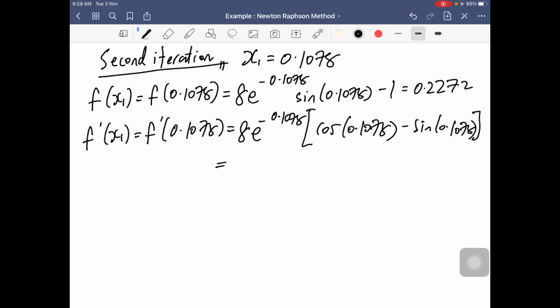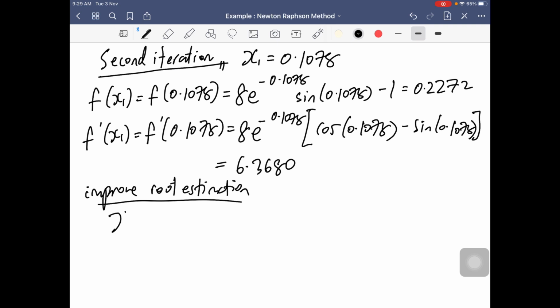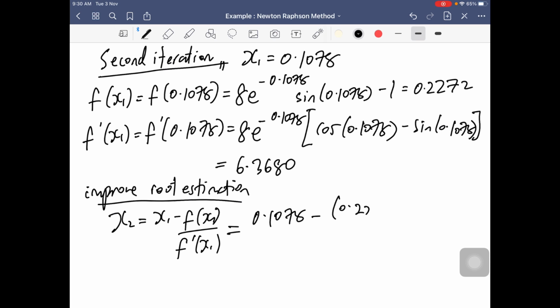Alright, so if you use your calculator, you should get 6.3680. Okay, now we improve our root estimation. The formula is x2 equals x1 minus f(x1) divided by f'(x1). So we have 0.1078 minus 0.2272 divided with